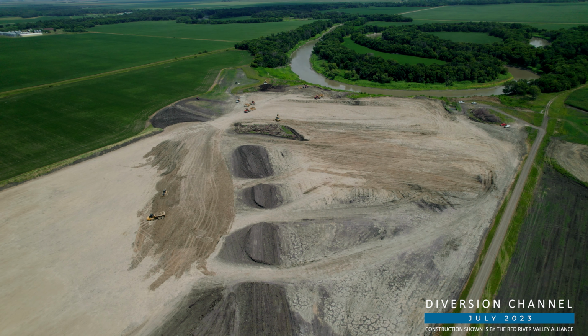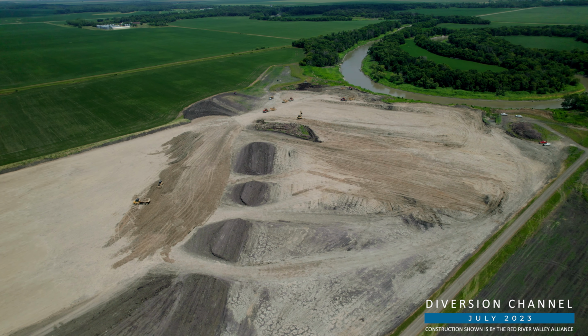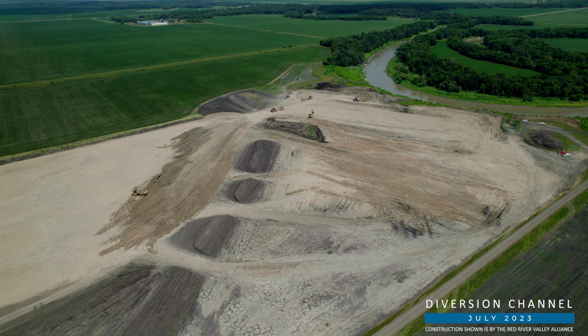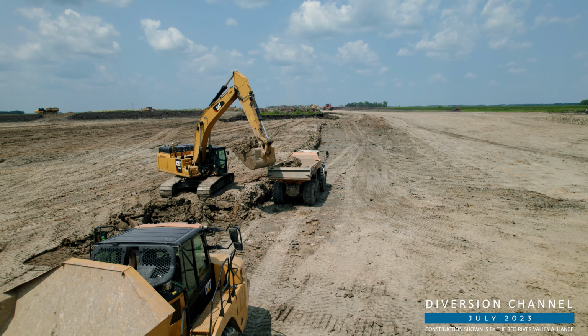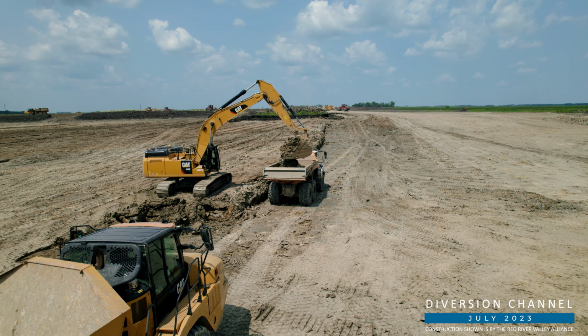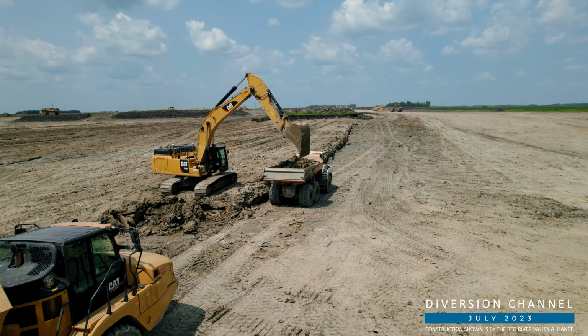For perspective, that much riprap would cover 9 feet of shoreline around the entire circumference of Minnesota's Detroit Lake to a depth of 1 foot. The project will also contain a series of 22 boulder weirs to prevent erosion and provide biological connectivity once the